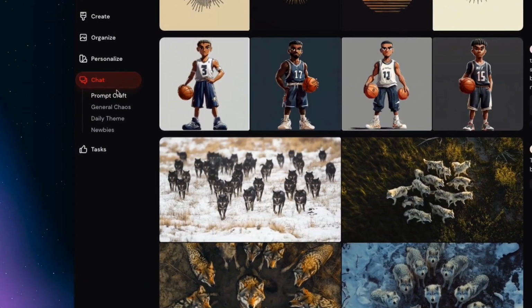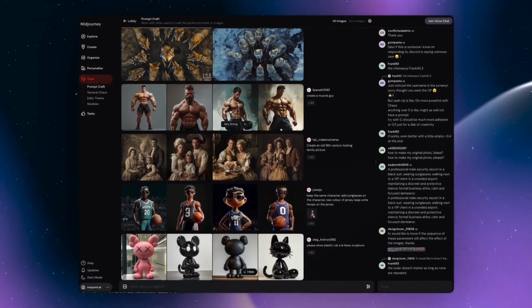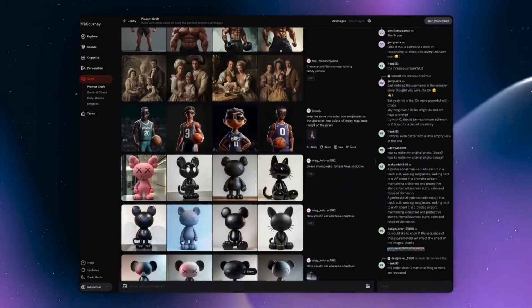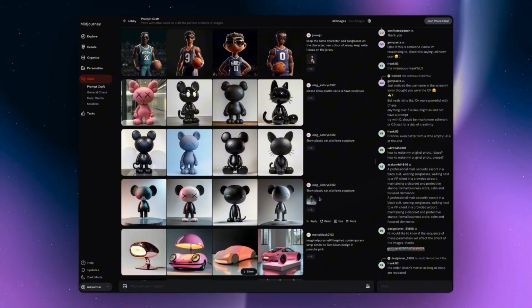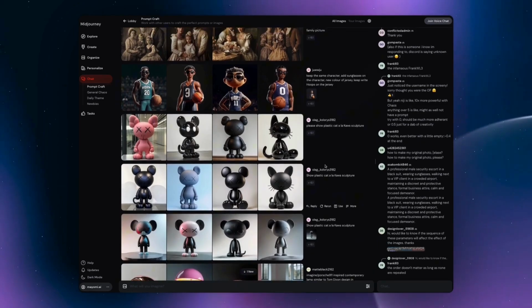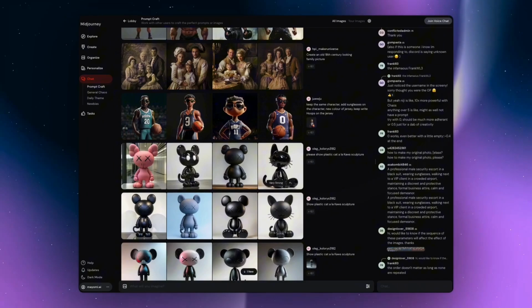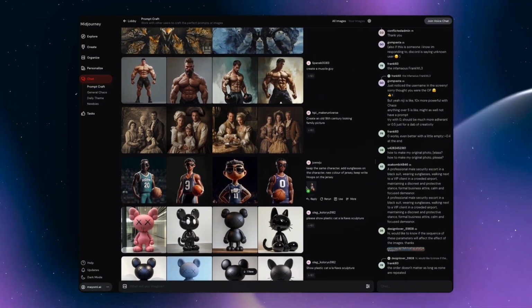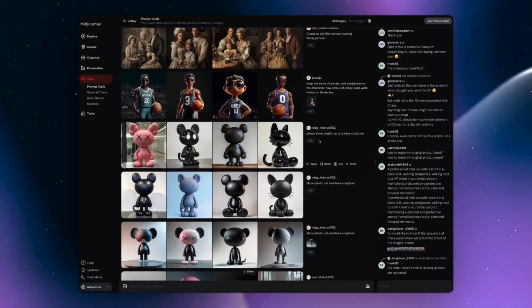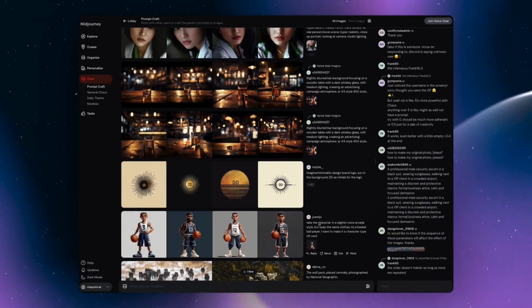This chat feature essentially gives you access to 4 different chat rooms. Prompt Craft is a place where you can work with others to craft the perfect prompt or image. So you can put an image here. Just taking this as an example, someone put show plastic cat at a low cost sculpture. And from there, people can add to this prompt by using the same prompt and creating something new off of their own version. Then you can see how they prompted it to get a better output, right? In this case, this is the same person, but you can get feedback here